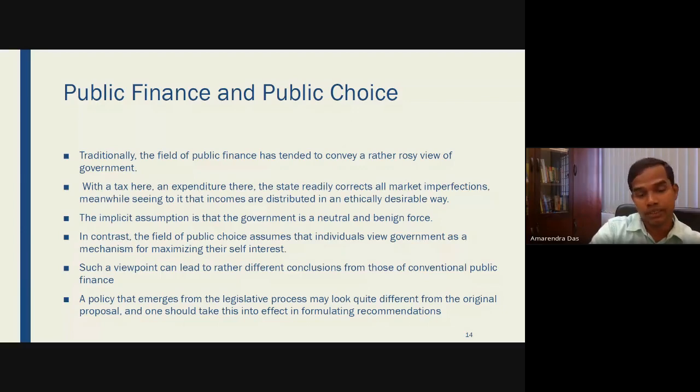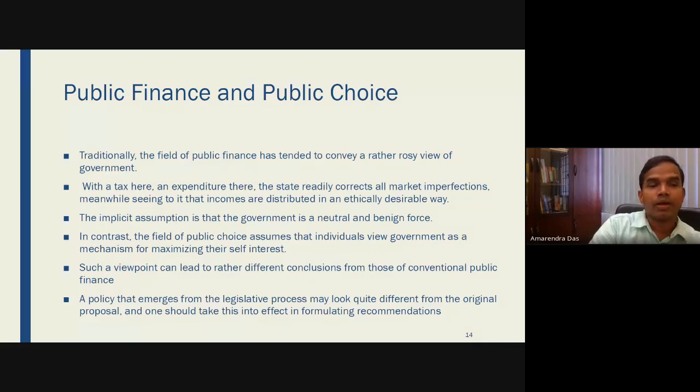So those are also discussed. Similarly, what political strategy can be adopted by the government is also discussed here, because the strategy adopted by the government might not be maximizing the welfare of the people. That might be maximizing the votes of the political party to remain in power again and again. So those are actually discussed. Earlier, we thought that the government is very benevolent. They serve our purpose. They reflect our preferences. But that is not the case.